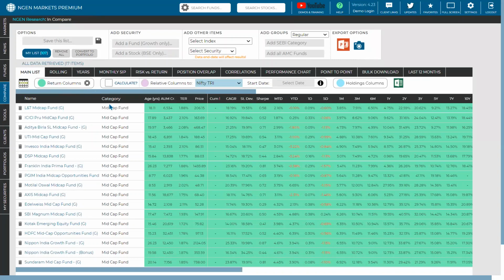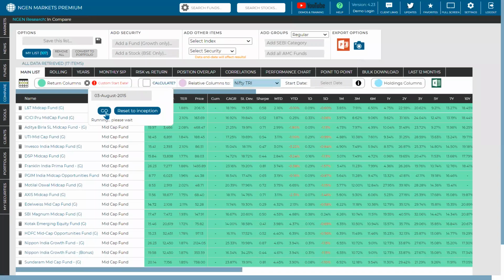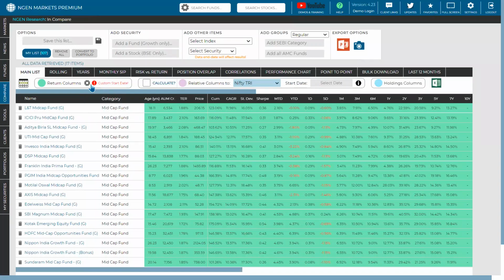One important thing is that this main list considers all the return columns, which are in green, as per the inception of each fund. So let's say you want to check all these funds' returns comparatively for one particular date. All you have to do is click on this wheel button, which will have a start date. You can have your own start date, let's say 2015, which will load all the parameters based on this particular start date. This particular start date is the date which is chosen here, and then you can actually see the